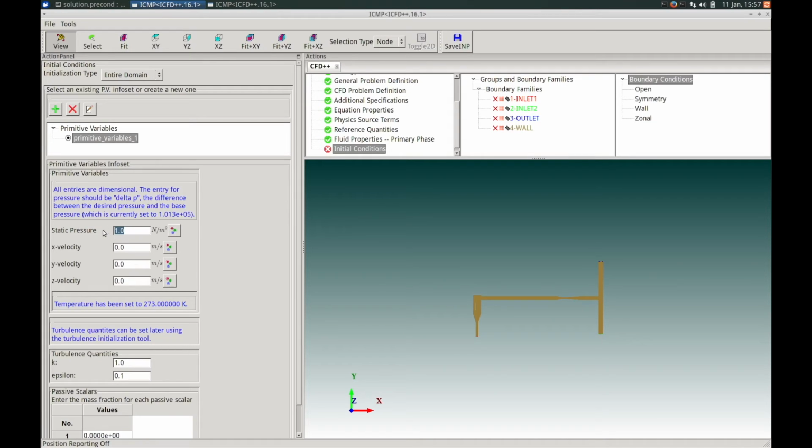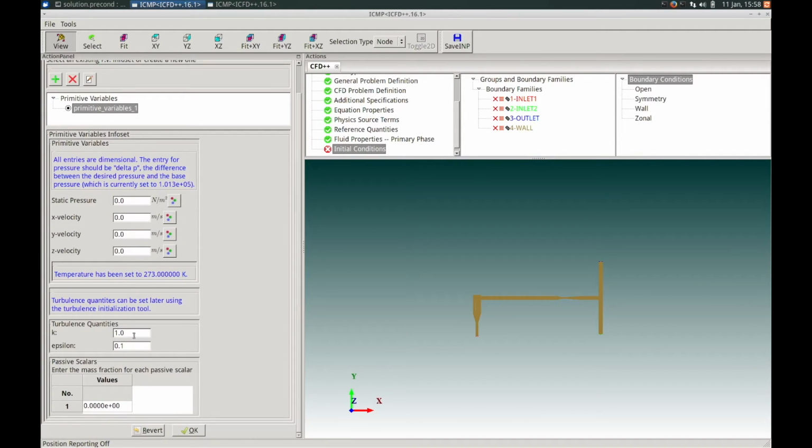We're going to set the static pressure to 0.0, keeping in mind that this static pressure is relative to the base pressure, which we set in a previous panel to atmospheric. So by setting it to 0, we're actually setting the initial conditions to the atmospheric pressure. There is not a uniform direction of flow for this problem, so the initial velocity components will be left at 0.